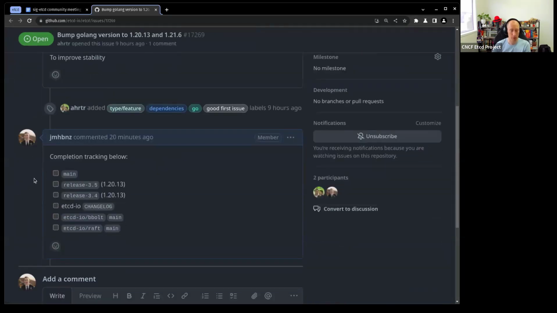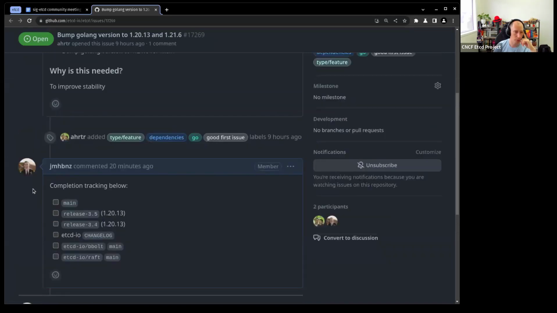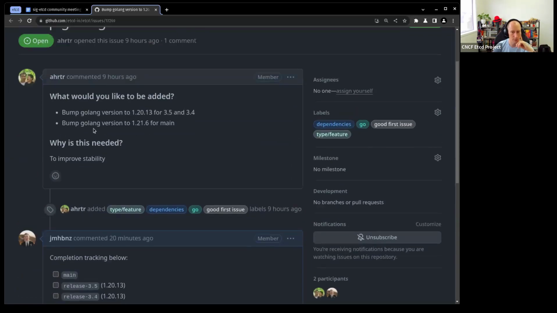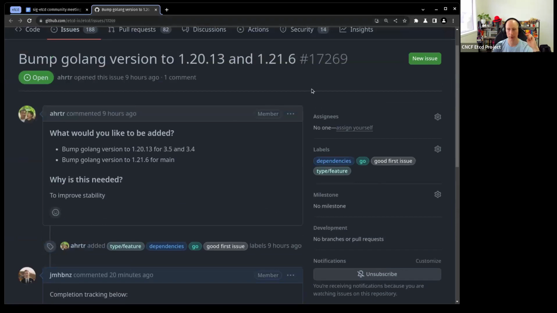To get it done, we basically update main for etcd, we update the two stable release branches for etcd, we update the changelog, and ideally we also replicate the change out to bbolt and Raft. So there's about 6 PRs that are all very, very simple, like in some cases just single line PRs to bump a version number. Is there someone on the triage call that's interested in helping out with these?